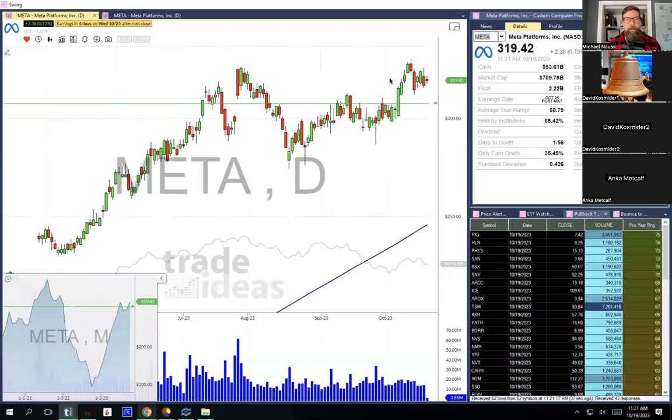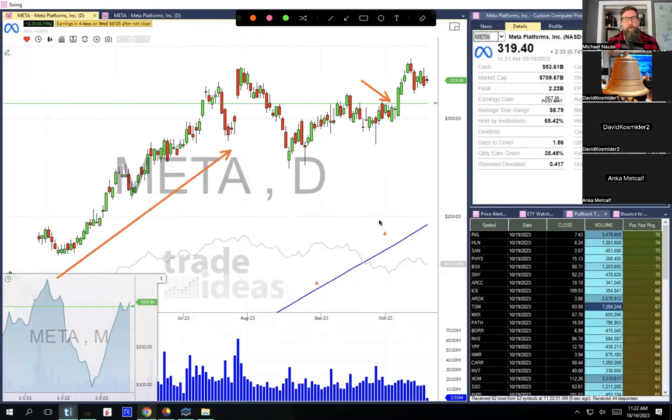And I bought Meta. You can see these green lines are where you can set price alerts in Trade Ideas, and it will jump out at the screen and say, hey, take a look at this, it's crossing that price. I bought some in this area right here. And the difference is the rising 200-day moving average down here. The S&P 500 chart looks like this, so it's putting in a bit of a downtrend, whereas this is putting in a bit of an uptrend. So this is more interesting to me.